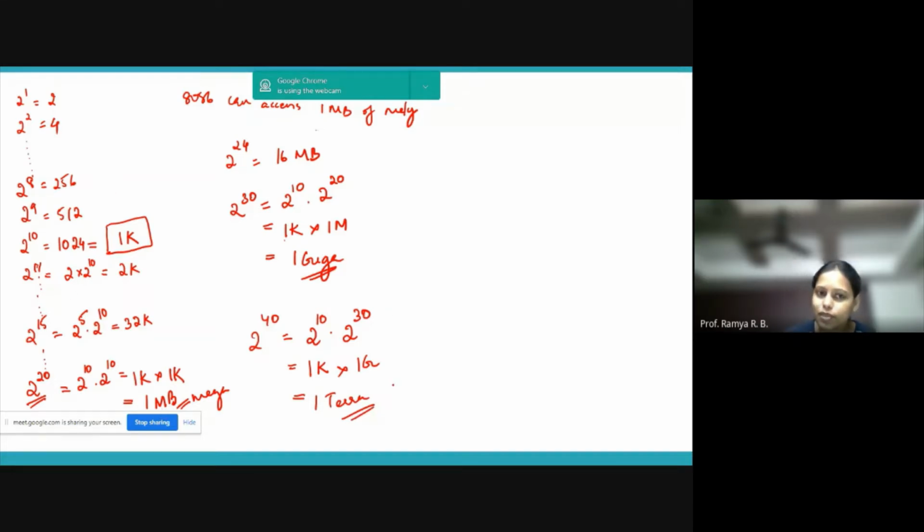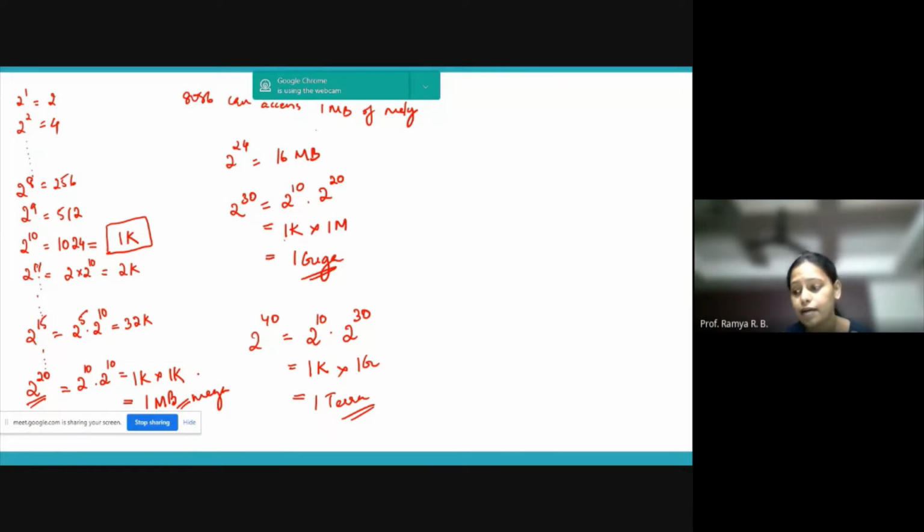So you keep this in your mind forever. 2 power 20 is nothing but 1 megabyte. 2 power 30 is nothing but 1 gigabyte. And 2 power 40 is nothing but 1 terabyte. So whenever you are multiplying with 1K, it goes to the next level. 1K into 1K is 1 megabyte. 1K into 1 megabyte is 1 gigabyte. And 1K into 1